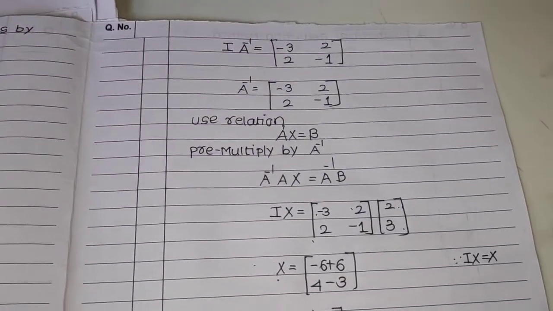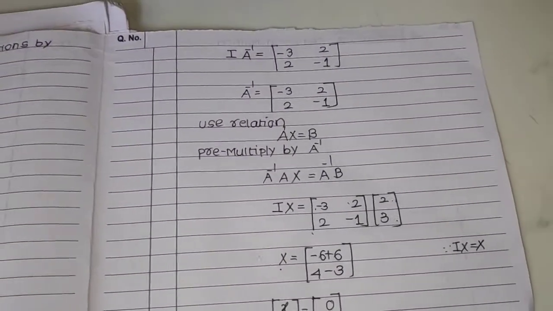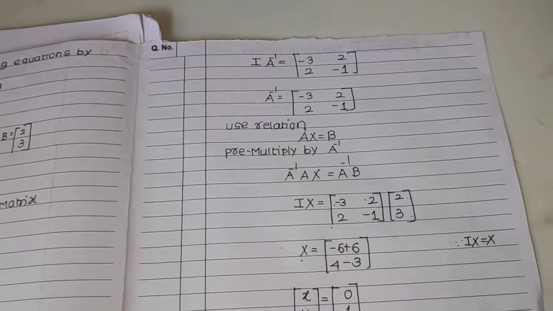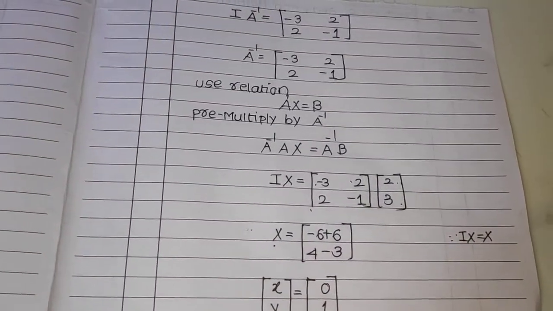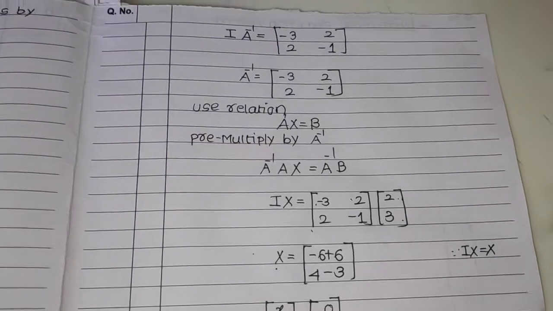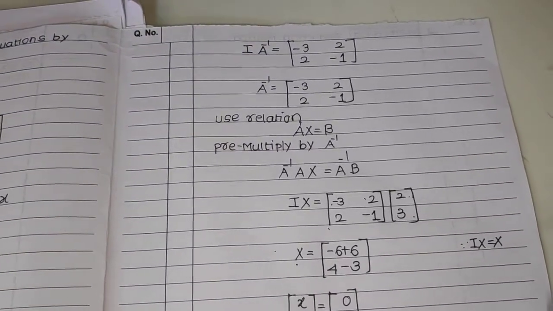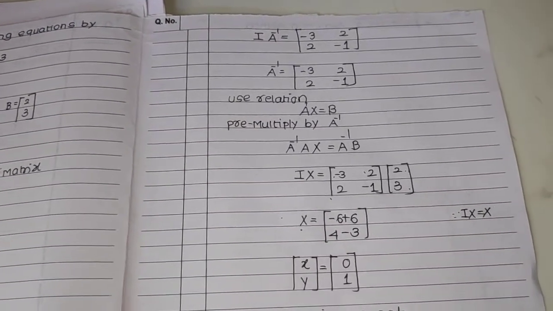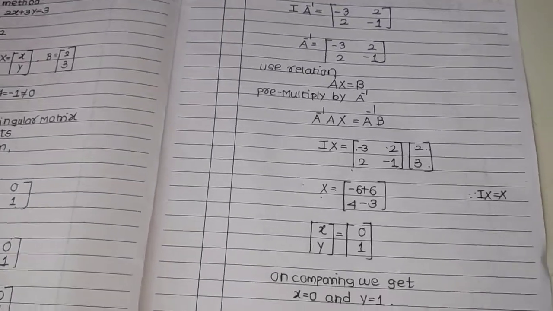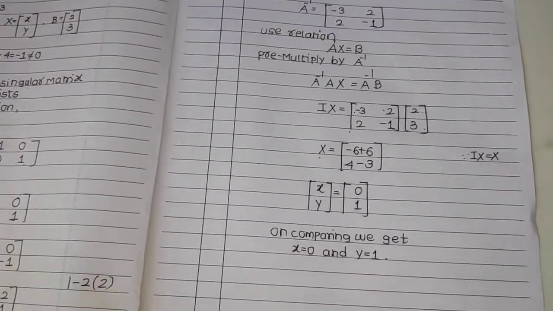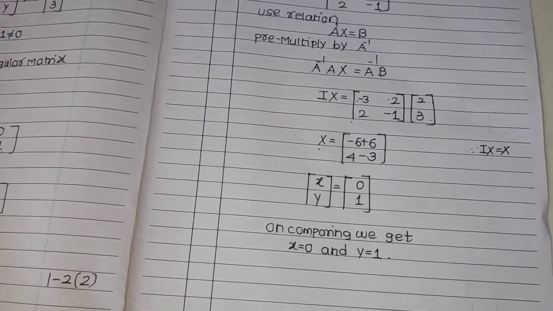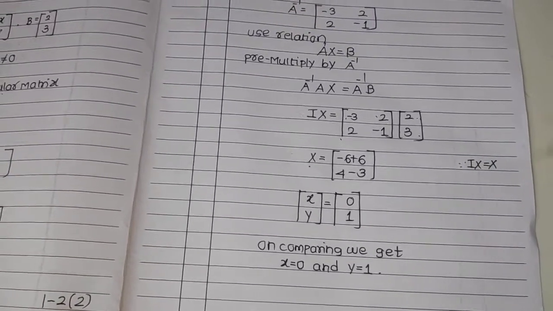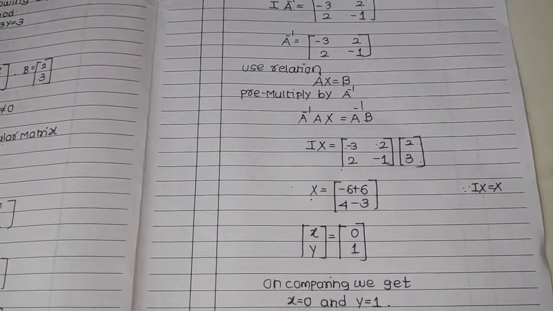Use the relation, last step number 3, AX equal to B, pre-multiply by A inverse, A inverse A is equal to I. All of us know this very well, which is equal to A inverse into B. Now A inverse is there with you, B is there with you, we did the multiplication of x, y and compared, making x 0 and y 1. Matrix inversion method. Not so easy, but anyways, let's go to the next section, next part.